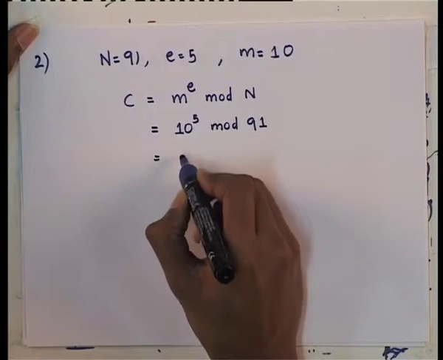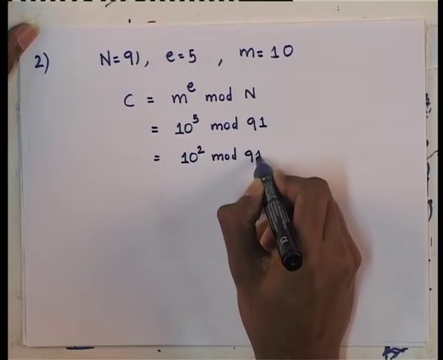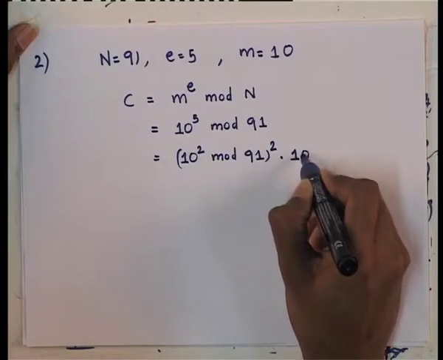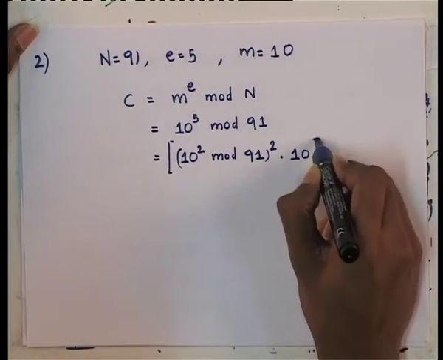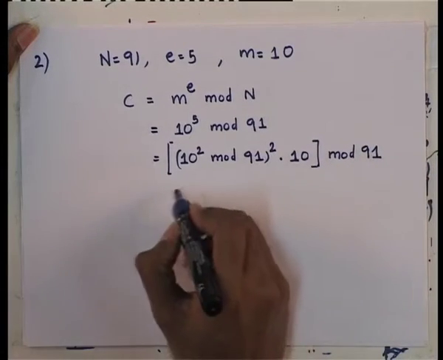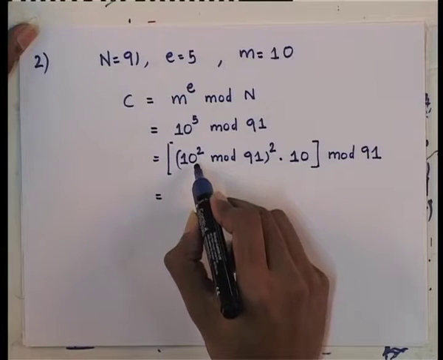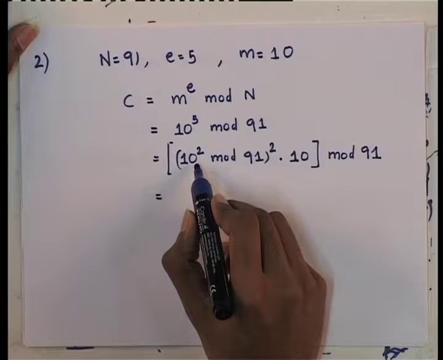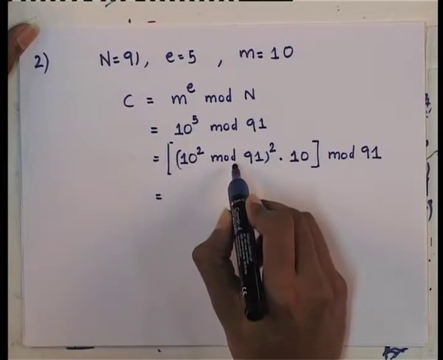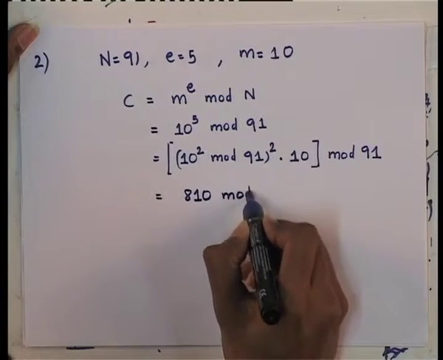We can write this as 10 square mod 91, whole square, times 10, whole modulus 91. 10 square is 100, 100 modulus 91 is 9, so 9 square is 81, so 810 modulus